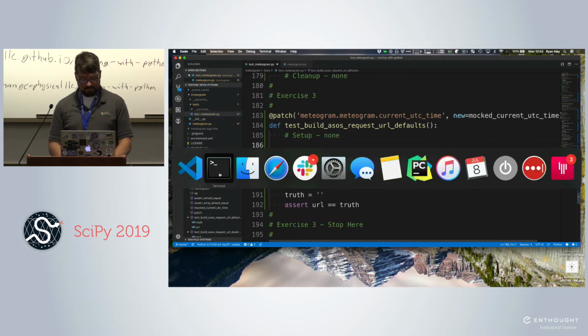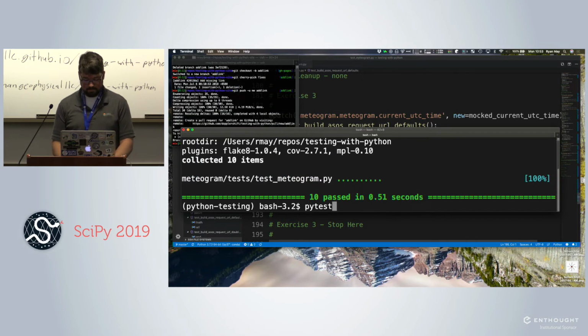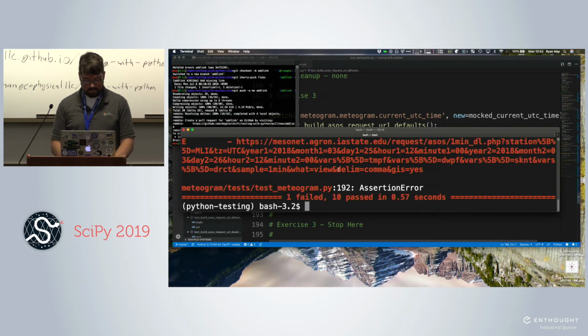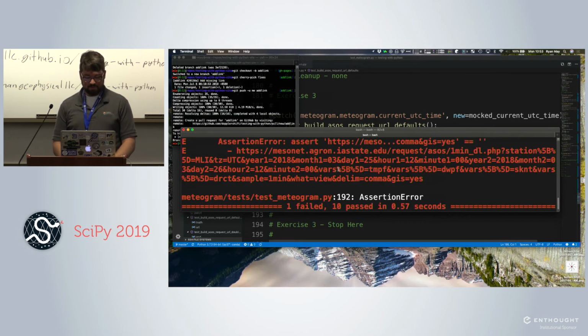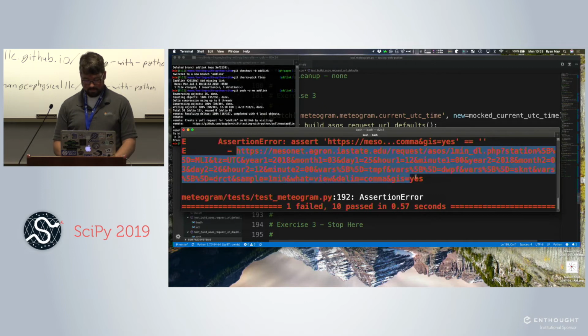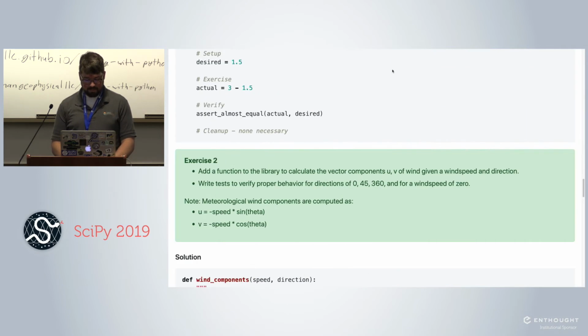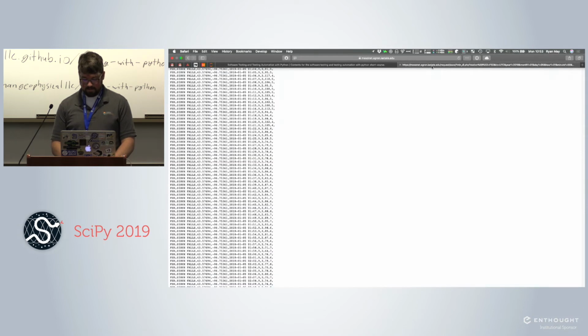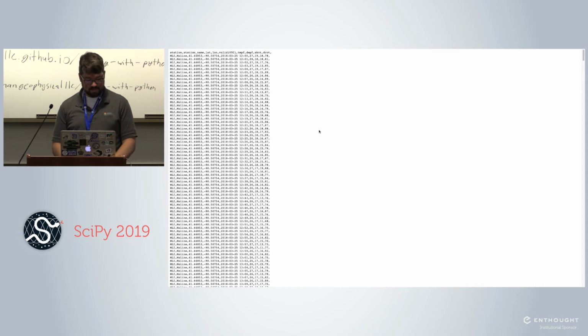Okay, so I'm going to run this. And of course it fails because my truth was an empty string. So I grab that URL and I go test it out. Does it work? Does it give me the dates I expect? There we go. So remember our date was March 26th at 12Z.